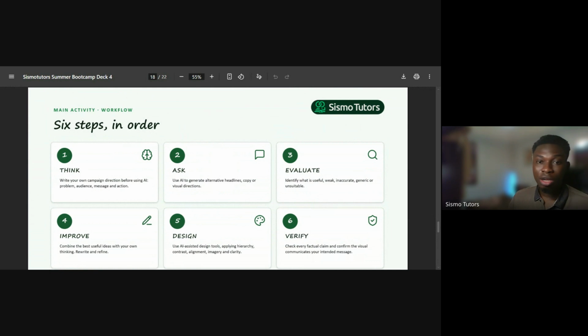Just like Mr. Luther said, you can tell it to generate a poster. You can even give it the size of the poster you want it to generate. Give it the colors you want, give it the information you want. If you are designing for your school, you can tell it the name of your school and then tell it to add the name of your school to the design. And once it does that, you can just edit only the